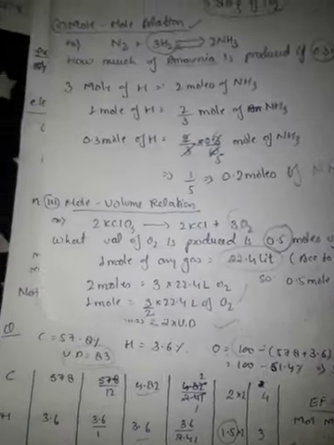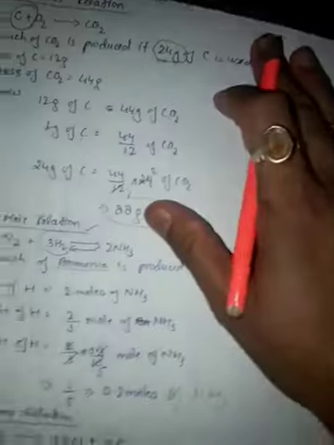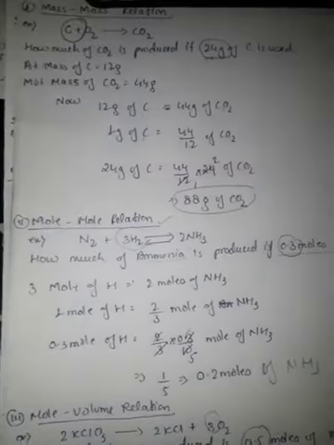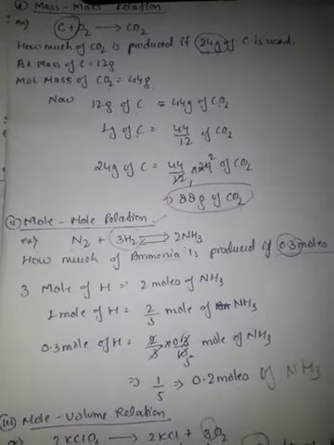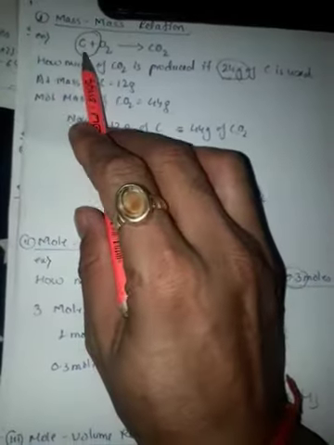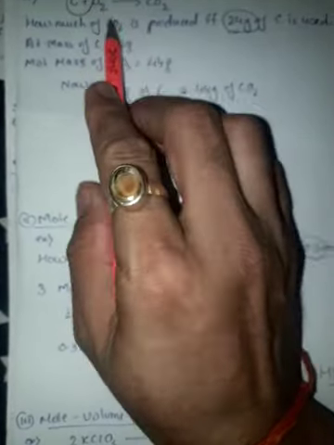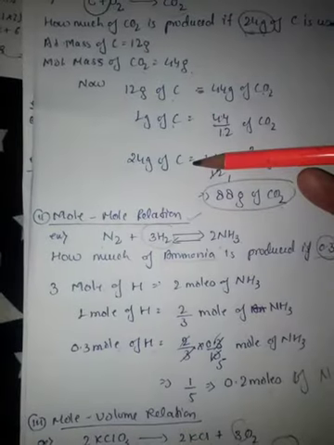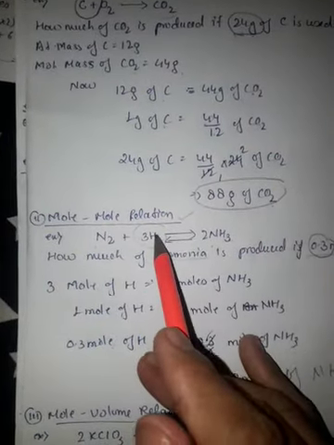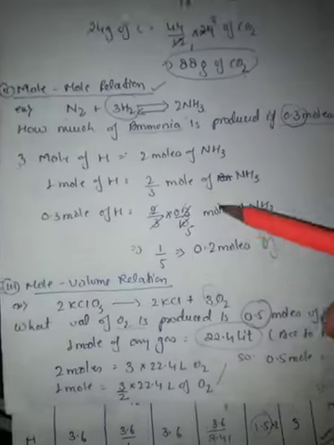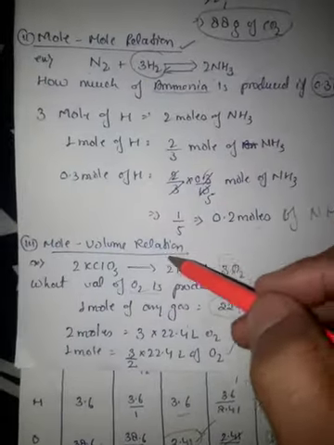Okay, but here what you see in whole stoichiometry, that only one part of the reactant is used. That is if carbon is used, then about carbon dioxide, the oxygen is not included. ऑक्सीजन यहाँ पे इंक्लूड नहीं है, आप देख रहे होंगे. अगर यहाँ हाइड्रोजन के लिए पूछा है तो नाइट्रोजन का इस्तेमाल नहीं है. सिमिलरली अगर यहाँ ऑक्सीजन के लिए पूछा है तो इसने KCl को इंक्लूड नहीं किया है.